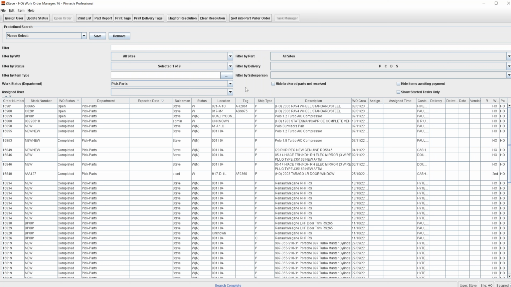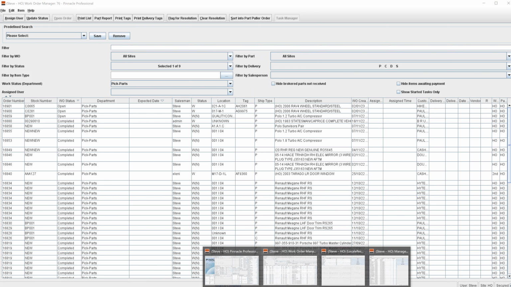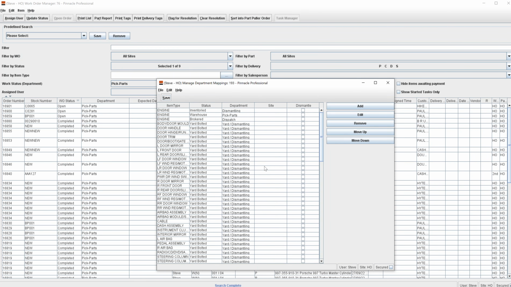The third step, or the third option with the Work Order Manager, is that you can create what's called department mapping. So I'll just show you on another screen here what this, well, doesn't really show you what this is about, but I can give you an idea that you pick a part type and its status, and you assign it to a specific department, so that every time a part of that type, that status, is added into a work order, it will appear with a department already allocated to it in the Work Order Manager,